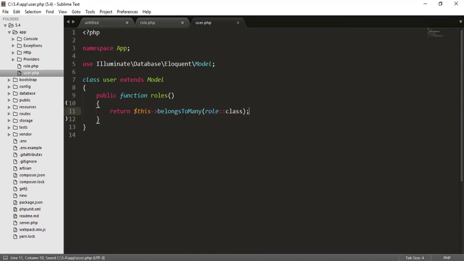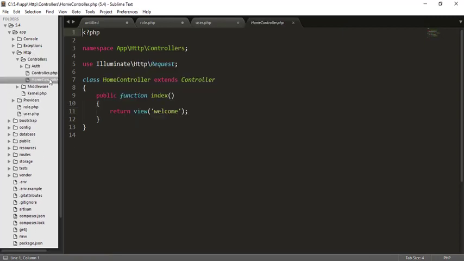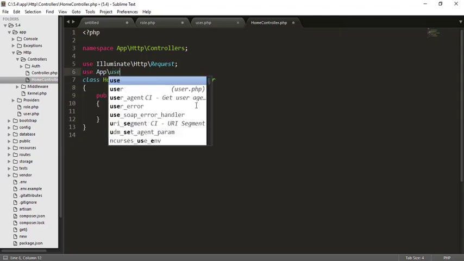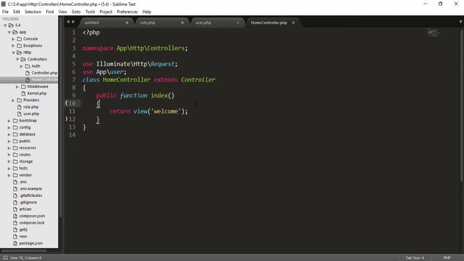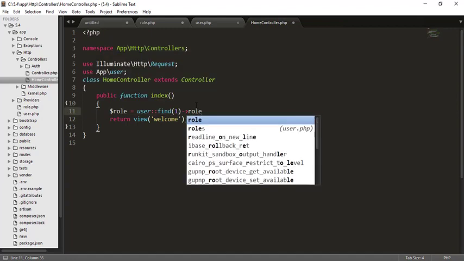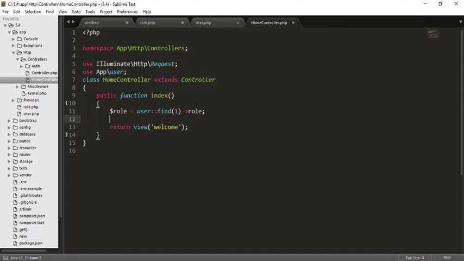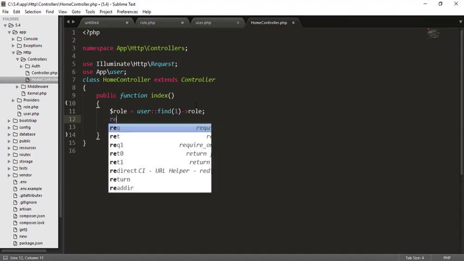Now just go to our controller, and in the home controller, we will say use app slash user, and here we will say role is equal to user, find first user and give me the role as we have done earlier. Now just check all these, return